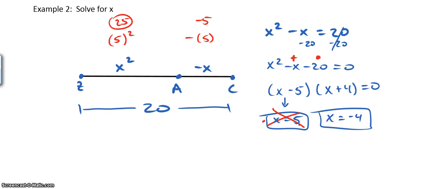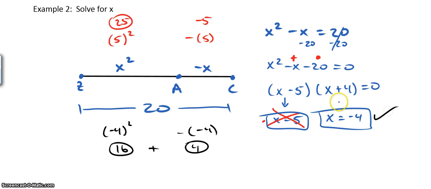Now let's test negative 4. So here I have negative 4 squared, which gives me 16. And I have the opposite of x, so I have the opposite of negative 4. The opposite of negative 4 is positive 4. 16 plus 4 equals 20. So that's my solution. Now again, you have to be very careful because sometimes both answers work, sometimes only one